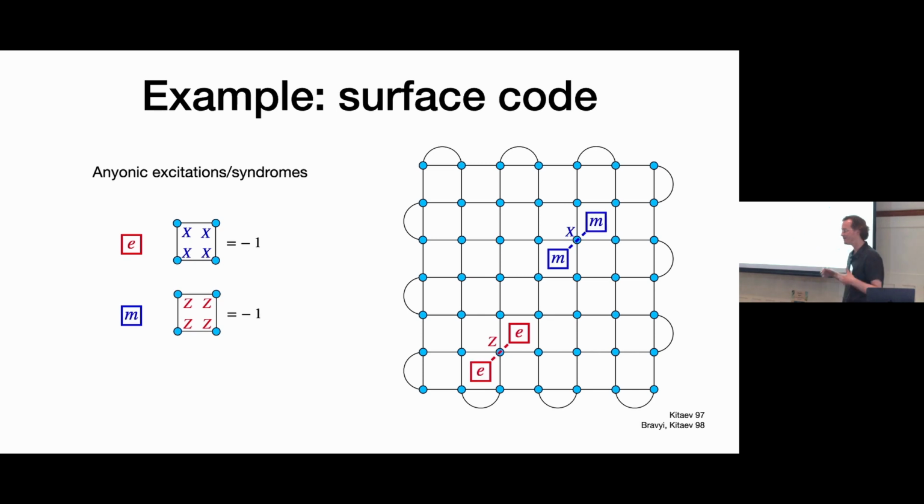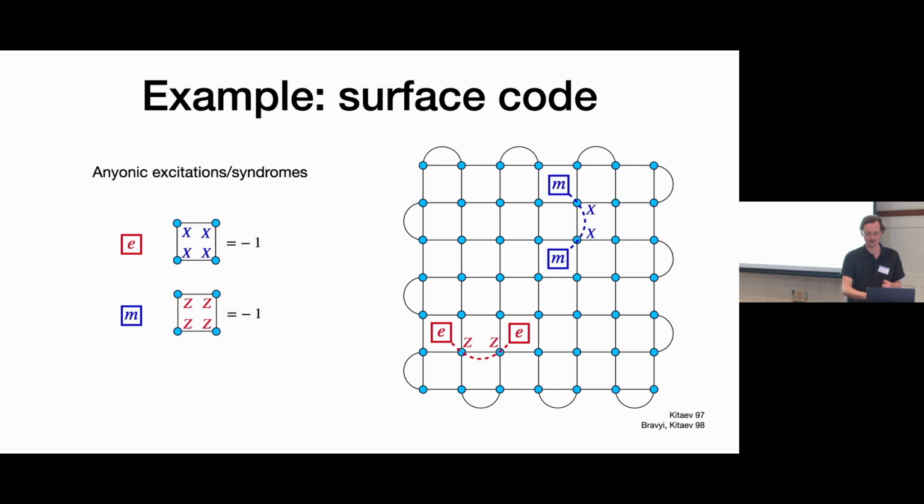What's the phenomenology of this kind of code? Well, if you look at what happens when you have errors, you get these syndromes. These syndromes are point-like. They correspond to a flipped plaquette of one or the other color. Because there's some connection to Z2 gauge theory, people like to label these syndromes via anionic quasi-particle labels, like E as in electric charge and M as in magnetic charge. And when you have a single error in the bulk, say of X-type, you create a pair of these M syndromes. If you have a single Z-type error, you can create a pair of E syndromes.